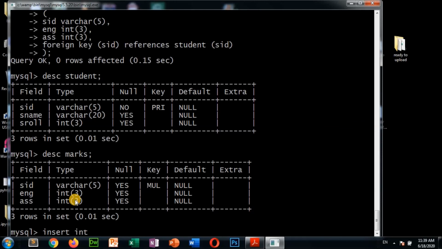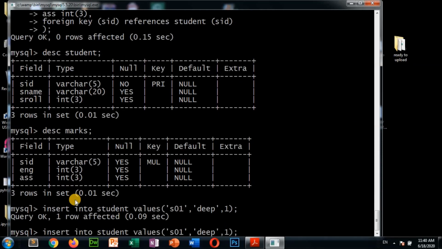Insert into student values. The first field is student ID, so I am giving S01 here, and student name, suppose Deep, and student roll number, suppose 1, then semicolon, press enter.